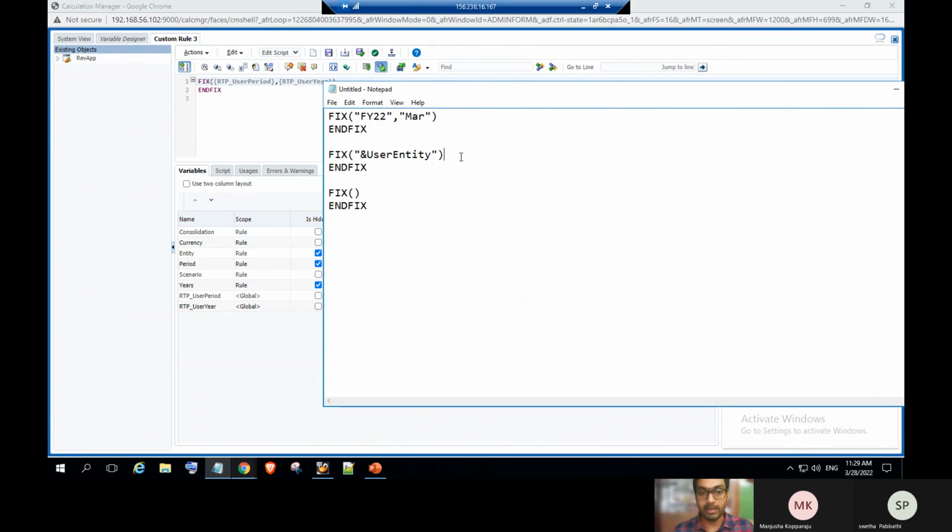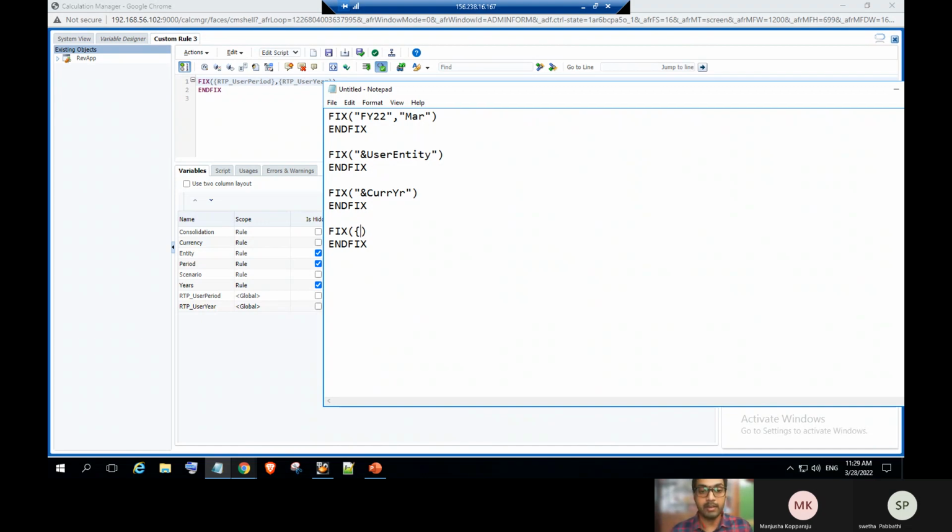Similarly, we can define the substitution variables also like that, ampersand followed by the substitution variable name. And for including the runtime prompts in the business rule, we will specify the runtime prompts